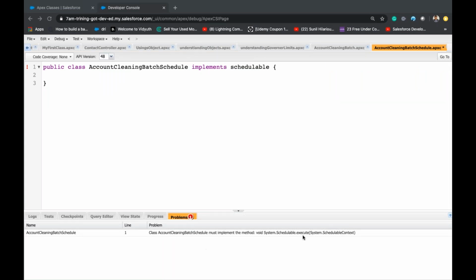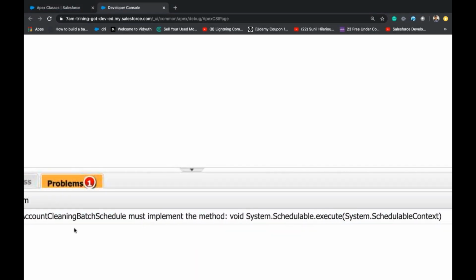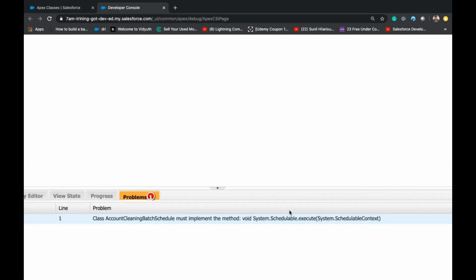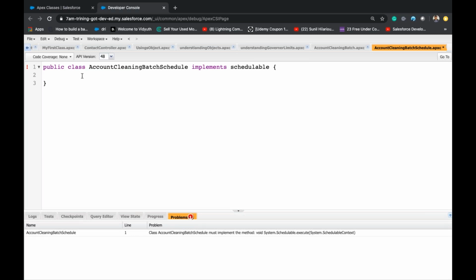Now it's telling us the execute method is mandatory, right? You must implement the method. You can see here, you must implement the method void system dot schedulable dot execute. So that means the execute method is mandatory.